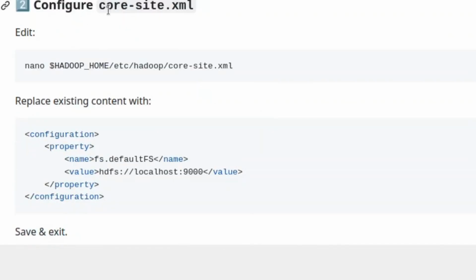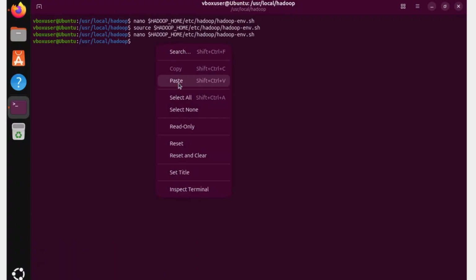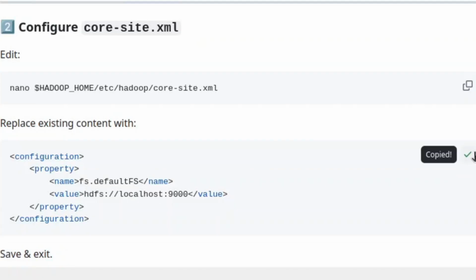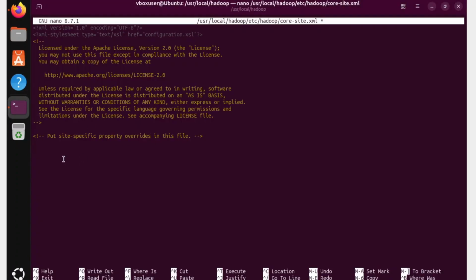So configure core-site.xml. Just copy this, go here, paste it here, click on enter. So let me clear this, copy this core site. Let me go to the terminal here. Let me paste it here. Control Y, enter. So next what you have to do,